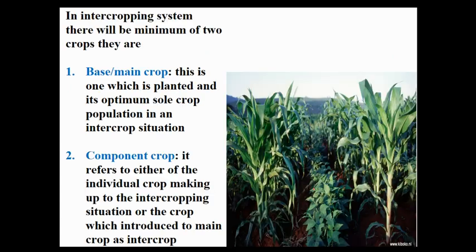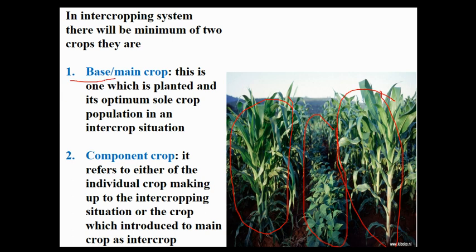Whenever we are talking about intercropping, there are two crops. Just as when you are talking about cricket, there are two teams, and in any competition two sides will be there. In intercropping, the one is the maize I was growing in the pure stand as my main crop or base crop. But my space was wasted in between, so in between I have introduced one more crop called the component crop or the intercrop.